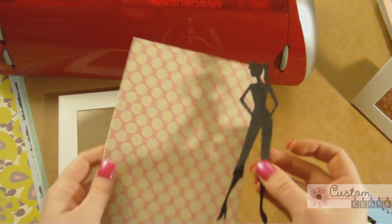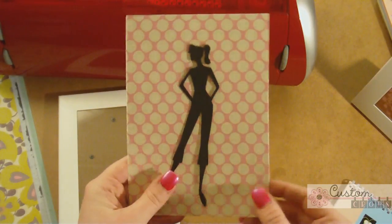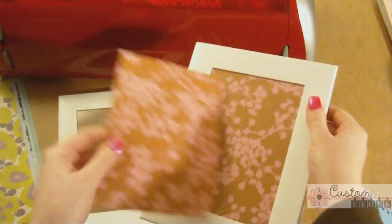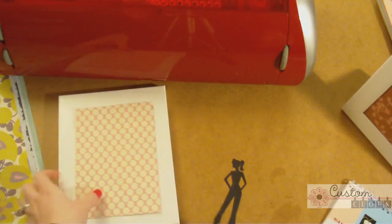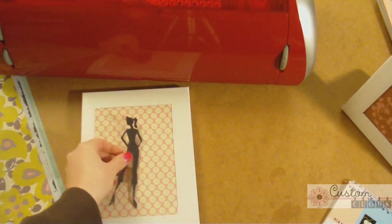It's a little textured here. Sorry for some of the shadows today. But I just wanted to go ahead. I cut out some paper. This is the same paper. It's double-sided. And I'm going to use this side for this frame. I'm going to do two of these, and I'm starting out with this doll here, which is found